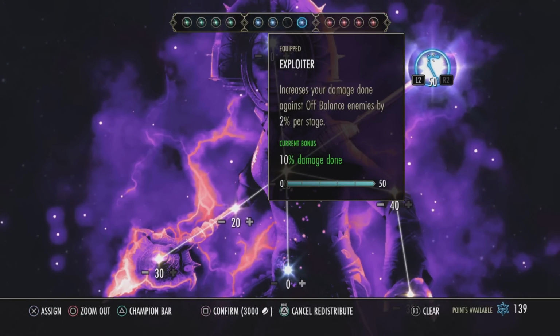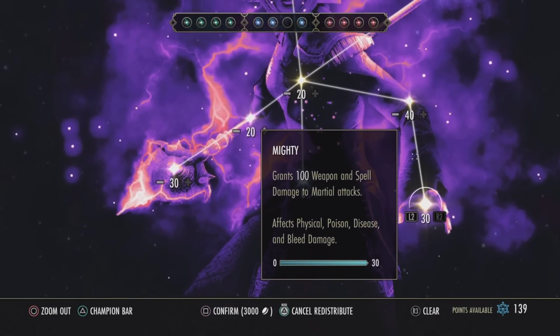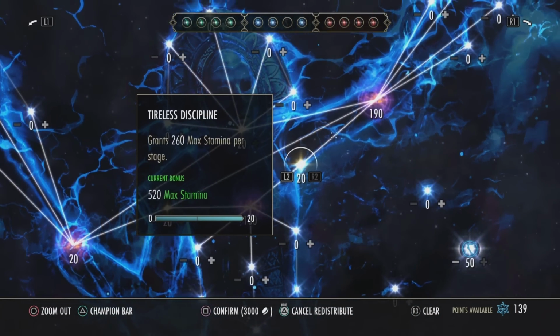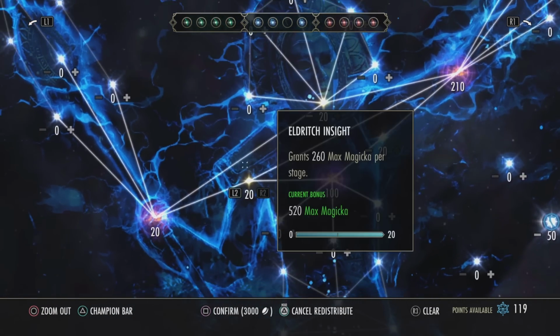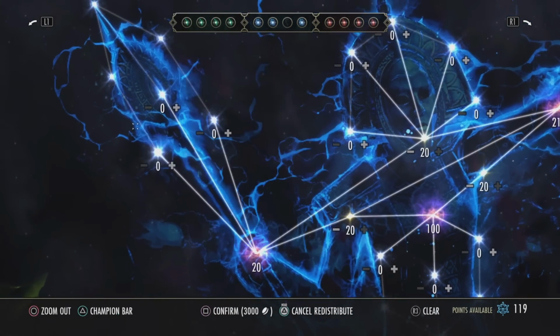Now, this is another bread and butter here. Exploiter, off balance. You get your off balance from your scythe. You could spam it if you want, or you can use it in moderation. How that works is, you would proc the off balance from scythe and go immediately into a Dawnbreaker or a spin. Boom. That's how you proc